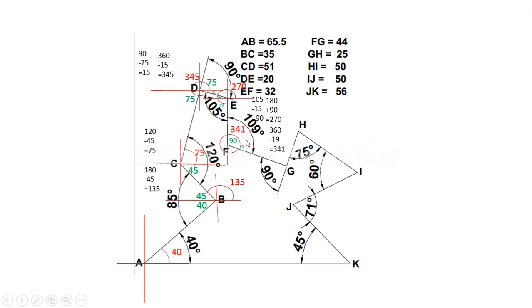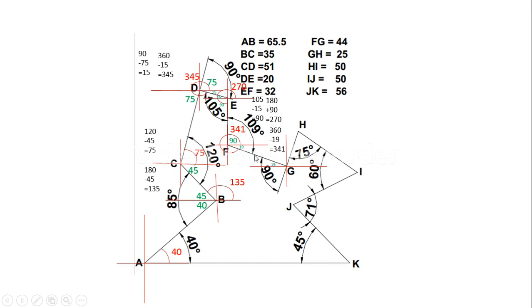Okay, so next let's go to point G. Again draw two lines, x-axis and y-axis. Now if you observe here, if this is 19, this is also 19. This is also the same shape: two parallel lines, one transversal line, and a reverse Z shape. So if this is 19 here, it will be 19 here also.